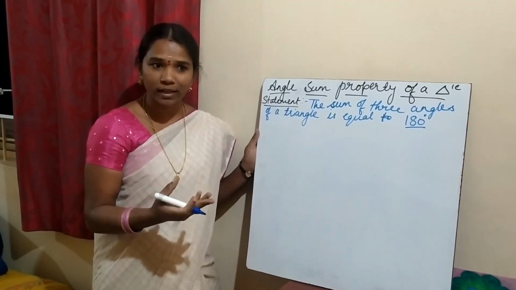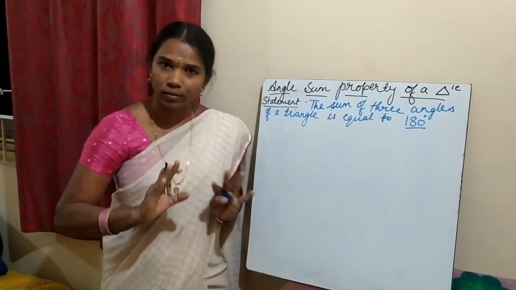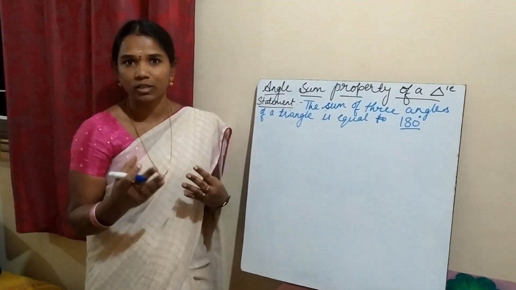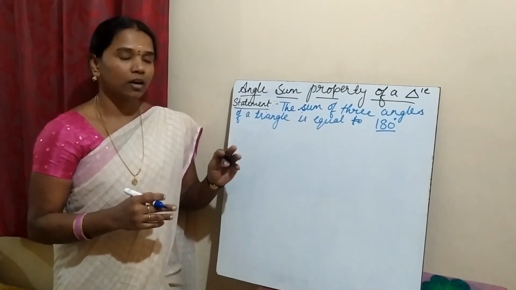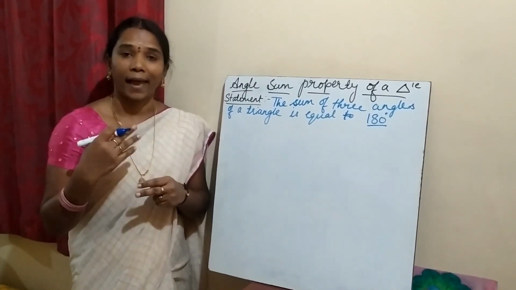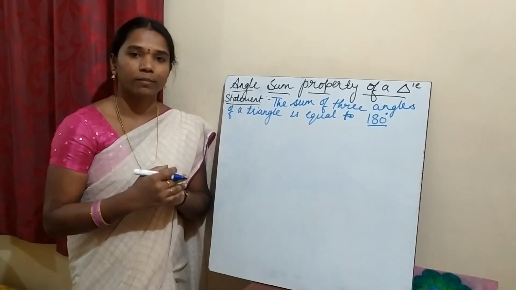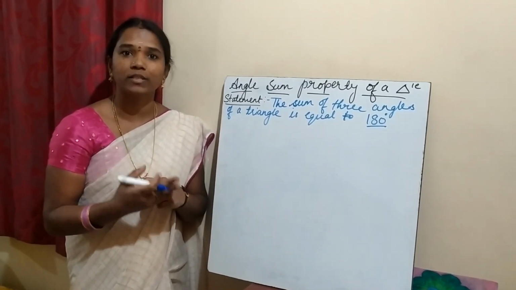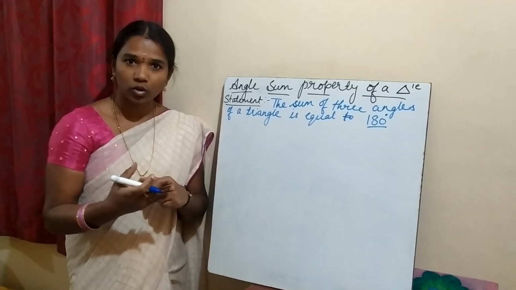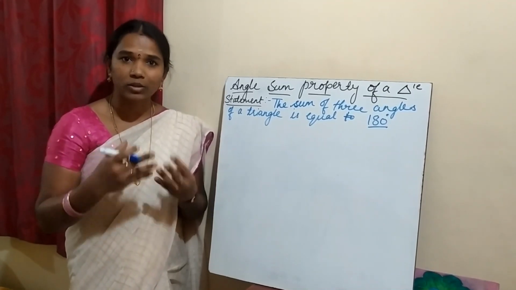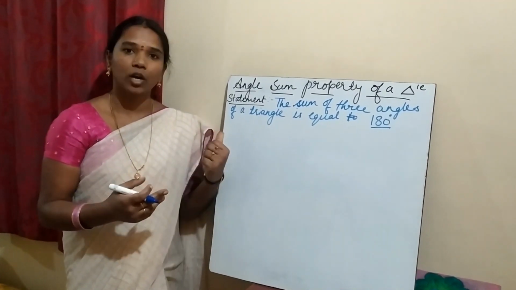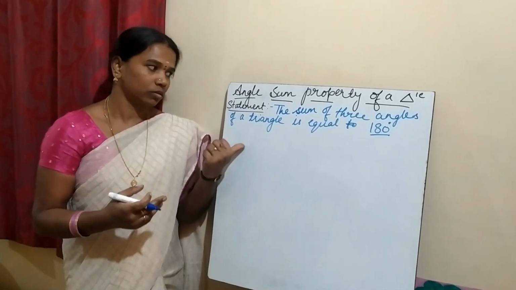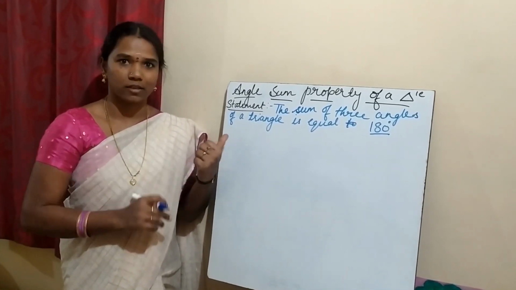So how do we give that logical proof? We are not going to measure it; we have to use logic. Logic means connectivity. So here we are going to use some axioms and postulates given by Euclid. Axioms and postulates are statements which are true for all situations. Using those axioms and postulates, we are going to prove a theorem.